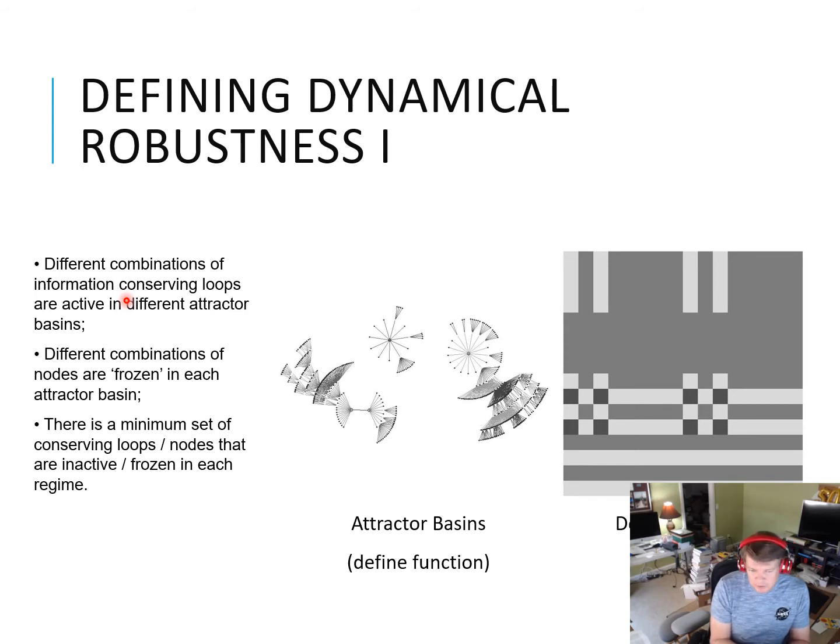And for the different attractors or the different long-term dynamics of these systems, different nodes will be frozen, which is essentially saying different structural feedback loops are being disengaged or turned off, preventing information from flowing. So depending on our starting conditions, the network will evolve to different end states, different functions that have different sets of frozen nodes, and they will have different information feedback loops active or not.